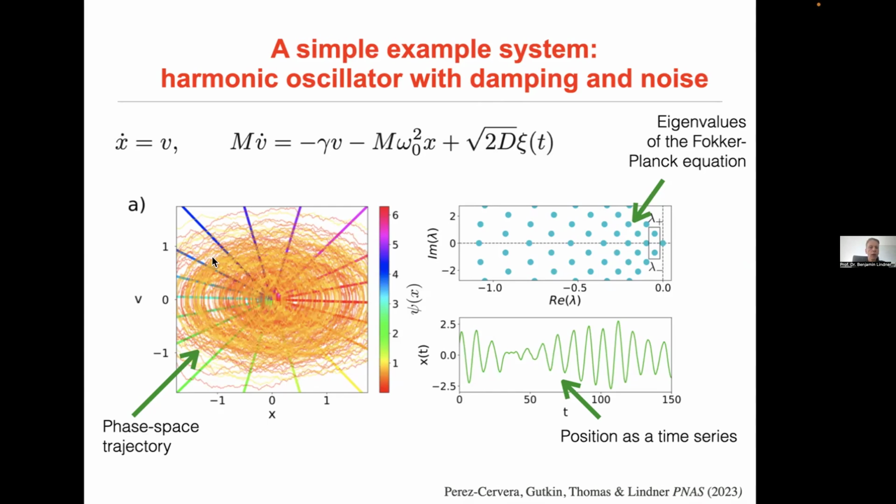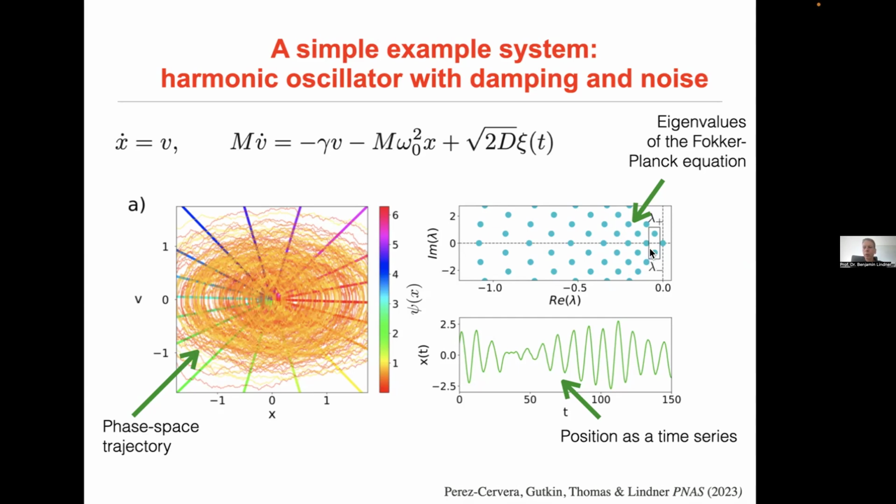Now, if you plot the phase space trajectory of the system, it looks really noisy. It's also Gaussian distributed in both of these variables. If you plot the trajectory and you choose the underdamped regime of this parameter regime, then you see this waxing and waning oscillations that are characteristic for the system. The spectrum of eigenvalues looks really like a polka dot pattern here, but we single out this first leading pair